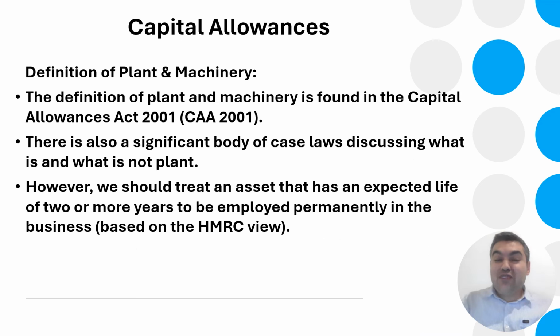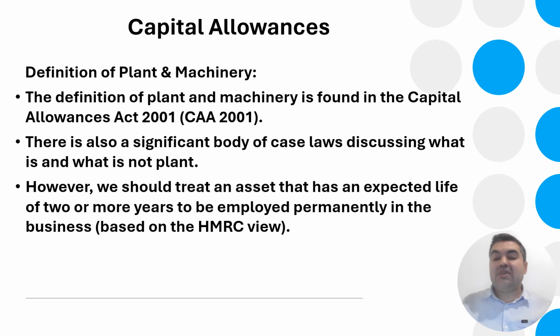Now, the definition of plant and machinery is very important, because it is found in the Capital Allowances Act 2001. There is also a significant body of case law discussing what is and what is not plant. However, we should treat an asset that has an expected life of 2 or more years, to be employed permanently in the business, as plant, because in this complicated world, businesses keep spending money on assets, and those assets,